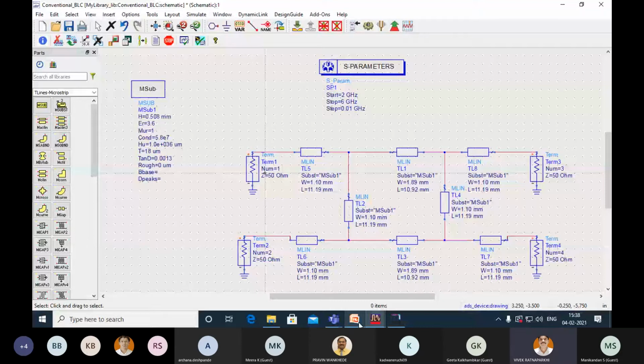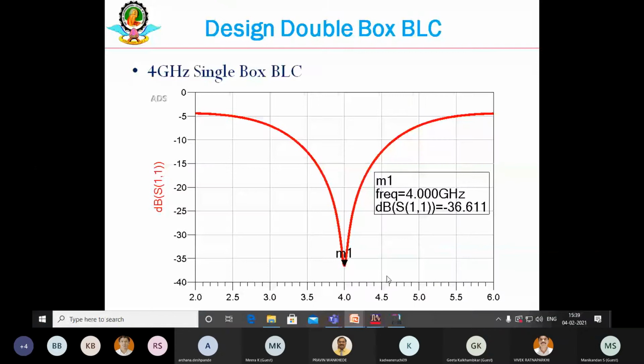Are you able to see the presentation now? Now it is showing the S11 rectangular plot. From ADS. Sometimes flickering, sir. Now it has changed to PPT. It is taking some time.